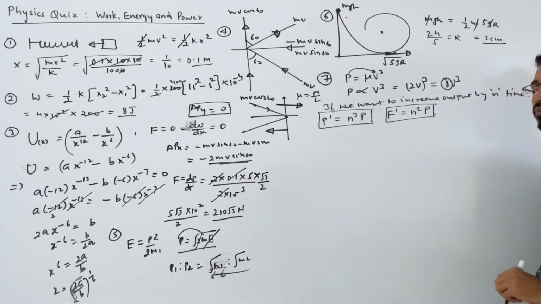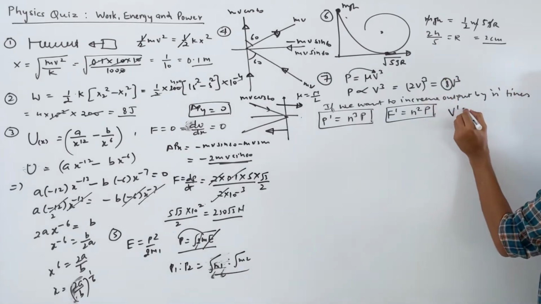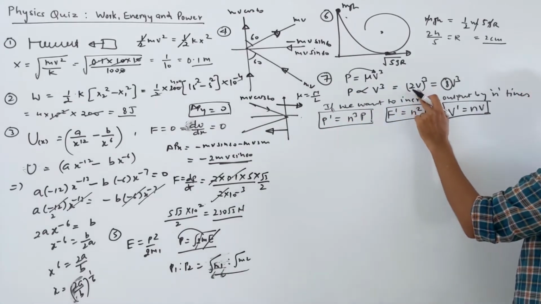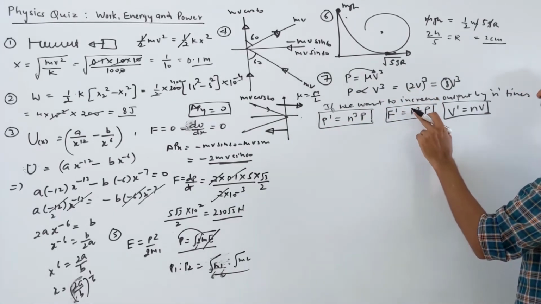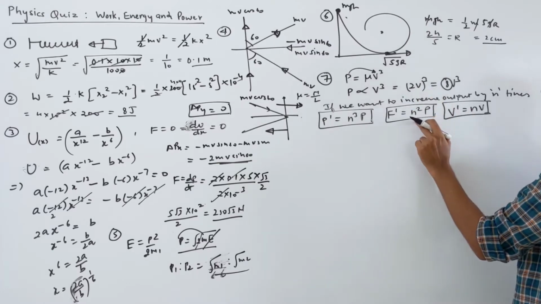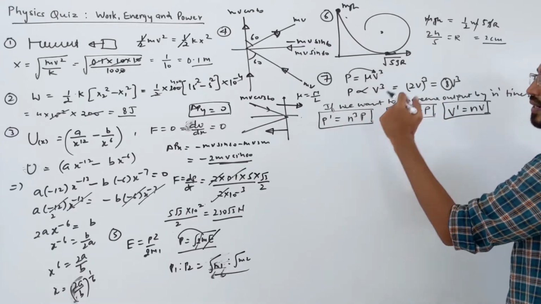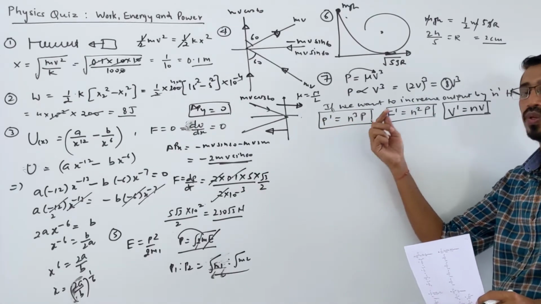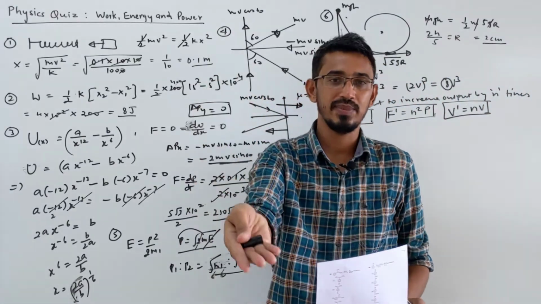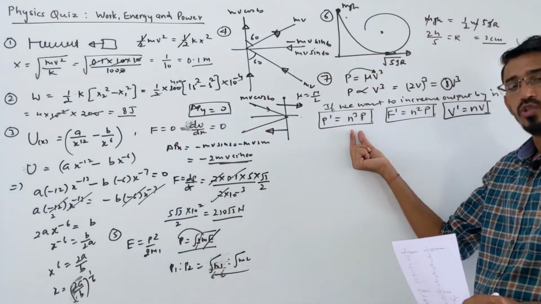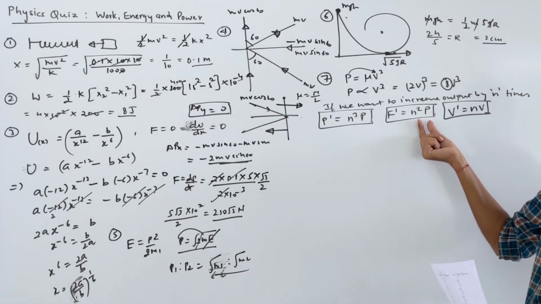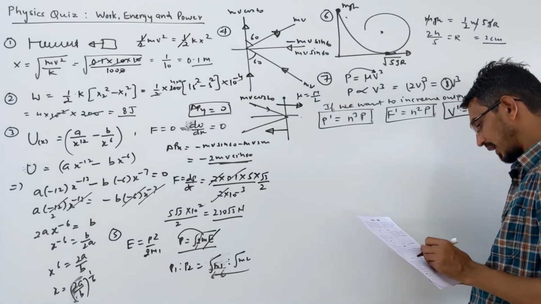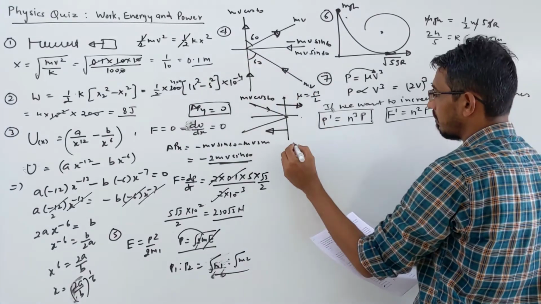That's all. Okay. Velocity also, if they say velocity, then it becomes n times of the initial velocity. If you want to increase output double, the velocity should get double. The force should get n square times, like if you want to double, then force should become 4 times and power should become 8 times. So how should power be increased? N cube times. You want to increase the output by n times, then power should be increased n cube times, force should increase by n square times, and velocity should be increased n times. Okay, simple. So the answer is 8 times.